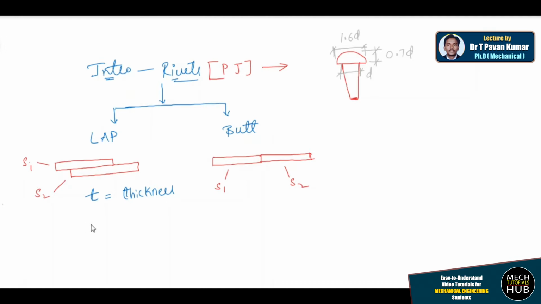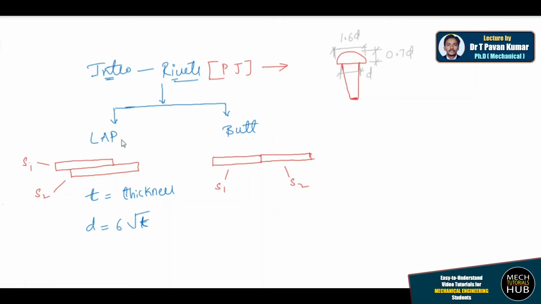Now there is a basic formula: diameter D is equal to 6 under root T. This formula is helpful for both cases, lap and butt joint. Even the thickness will be there for both lap and butt joint. Now D is equal to 6 root T. Either in the question the T value will be given to you or the D value will be given to you. Accordingly we can calculate the other. So based on this formula we can calculate either D or T. Based on these two only, other standards will come into the picture.